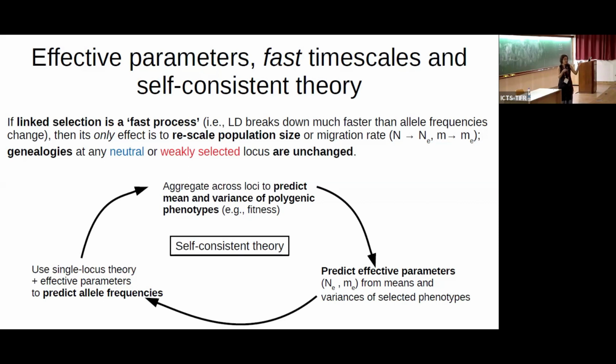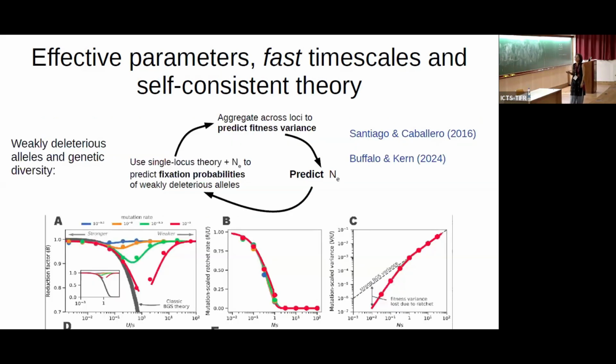And I gave one example of that, which was related to divergent selection. But there's also a very nice example, though I'm not so sure about how it can be used for inference, in a recent paper which builds on this one, where they use the same kind of argument to work out the effects of weakly deleterious alleles on diversity.